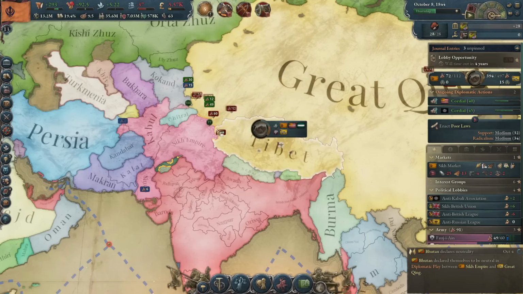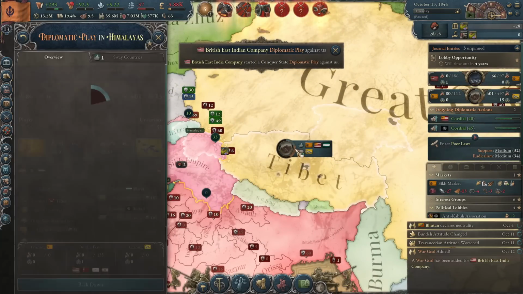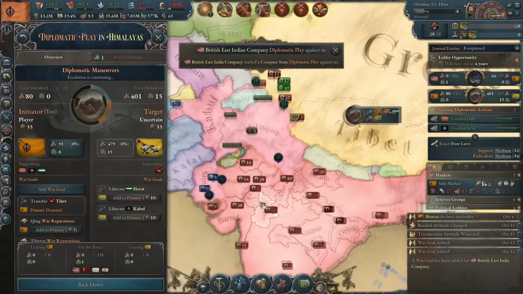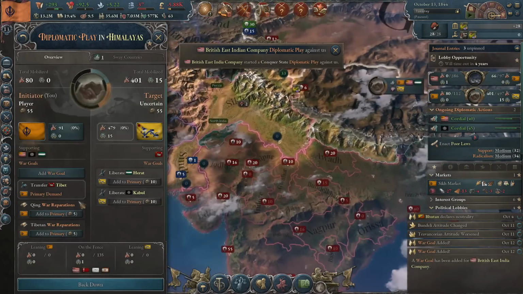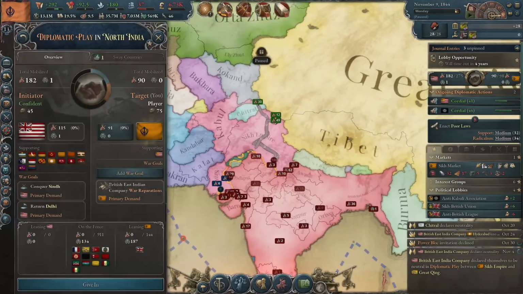The East India Company attacked me directly, which triggered the nightmare scenario. I am now at war with not just the company, but all of India effectively. Thankfully, the Qing had no primary war goals on me, so I just backed down and then put all my men on the front. I do not intend to go out without a fight, so I'm going to add some